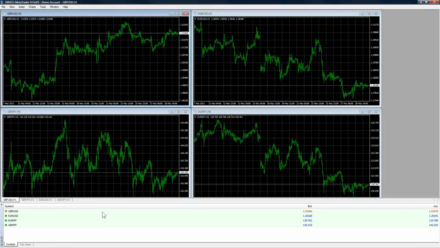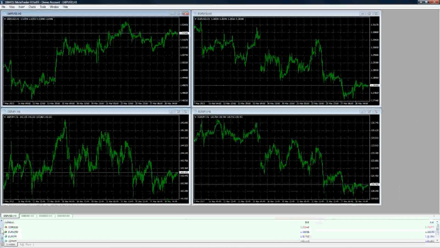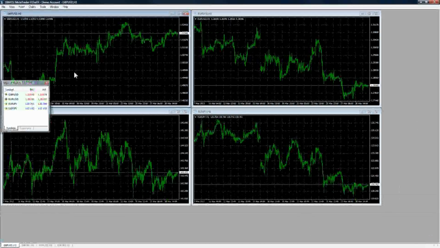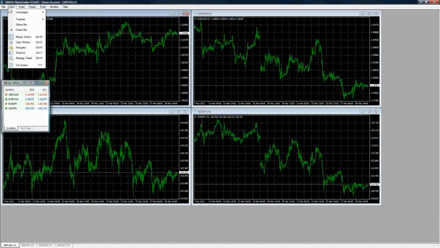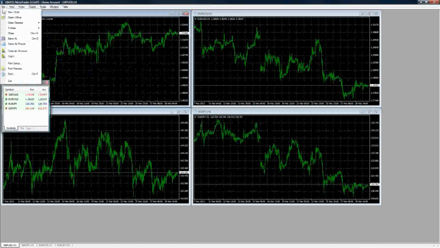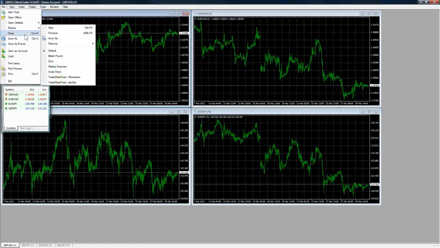Okay. Now, if for whatever reason you're having a hard time getting into different parts of what you're wanting to do, keep in mind there's more than one way to get into just about anything with MetaTrader 4. The one thing that you'll always have access to essentially is up top here, your toolbar up across the top. Now, like I mentioned, there's several ways to do it. If you're a hotkey person, you might want to go in and start memorizing the hotkeys. If you're a clicker like me, I prefer to just click things.